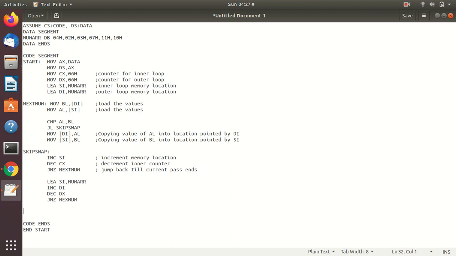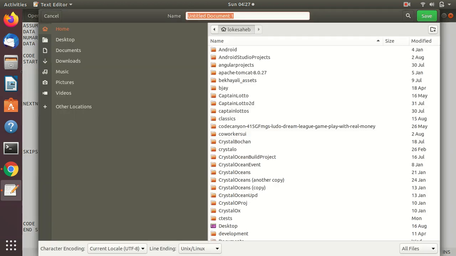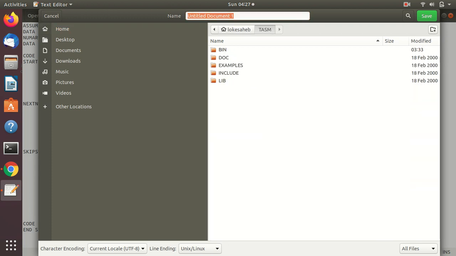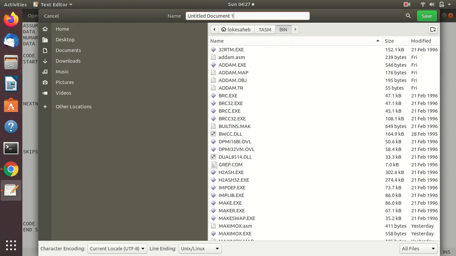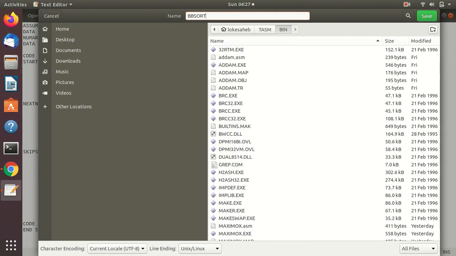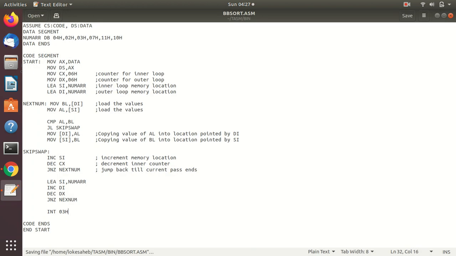And here we will write interrupt 03h. Okay, so where is that? Okay, TASM bb sort dot asm. Hopefully we have not made any mistakes so far. Let me check once. No, doesn't seem to be a mistake.